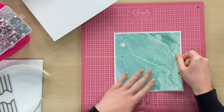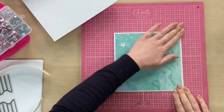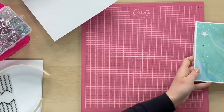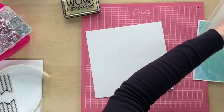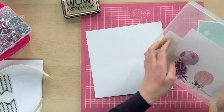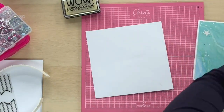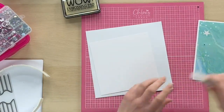So that's then going to get stuck onto my card blank like so. Okay, and then I'm going to take a piece of white card that I've just cut a little bit smaller. Doesn't want to come out the box. There we go. And I'm going to take my chisel tip glue pen